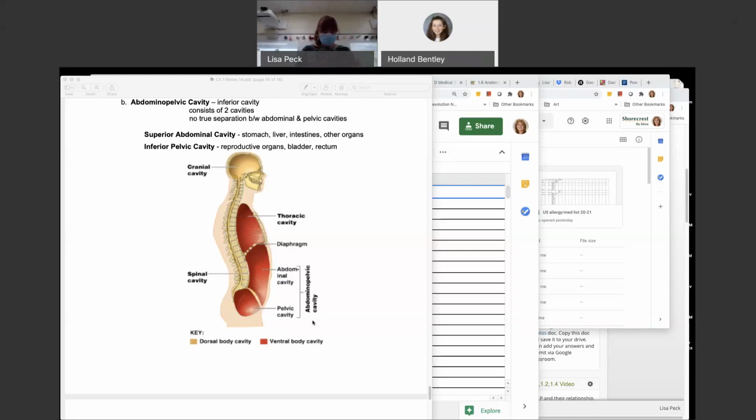Okay, so you know the heart is going to be in the thoracic cavity. The brain's going to be in the cranial. An appendix, I'm not really sure what an appendix is, but it's not a brain. It's not a spinal cord. It's not my heart or lungs. So it can only be in the abdominal pelvic cavity. And the stomach also is the same thing. Looking at question number, so this is 15. I have an old version. This is 16. With 16, you guys should be able to answer any of these statements